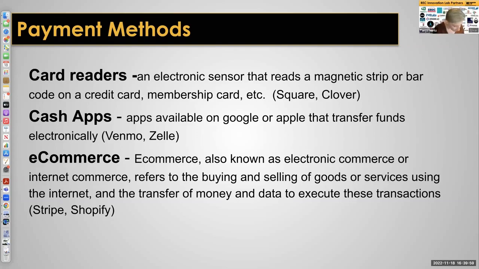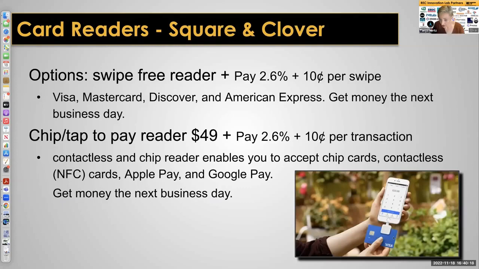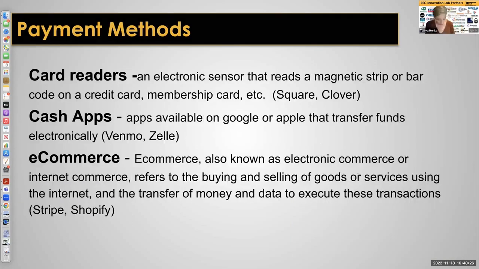So some common payment methods include card readers. These are little electronic sensors that can read the magnetic strip or the bar or the code on a credit card. Square and Clover make card readers. Here's a little example of a card reader that you can get for free from Square. You can also use just the electronic Square, Apple Pay now,